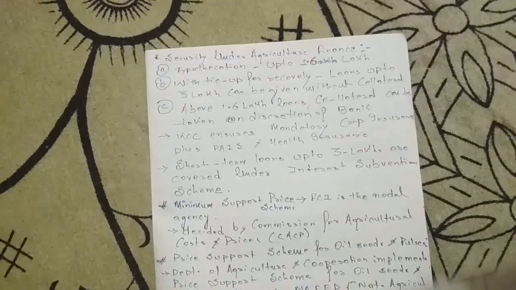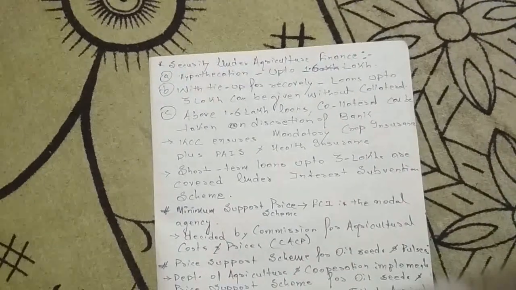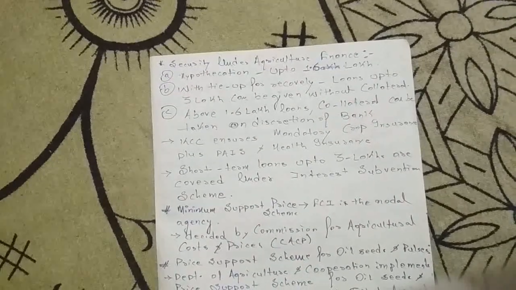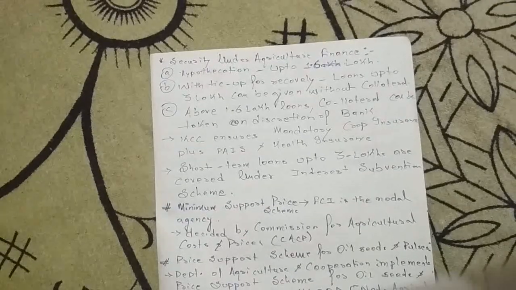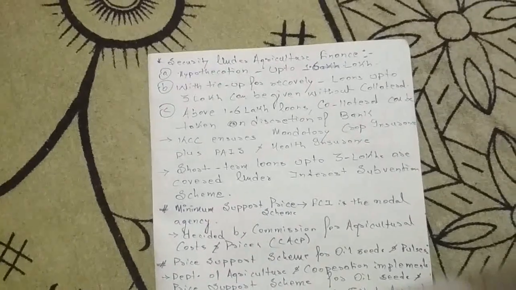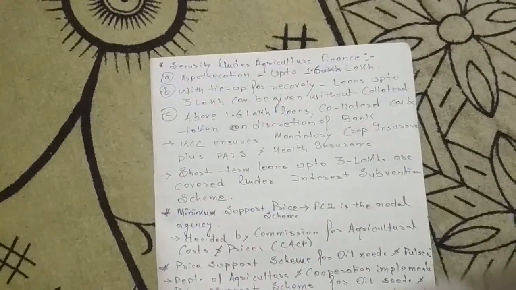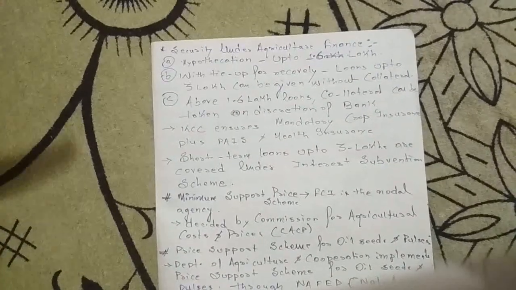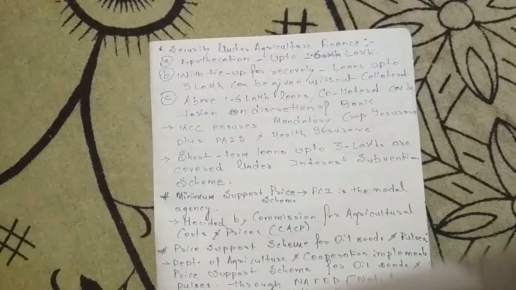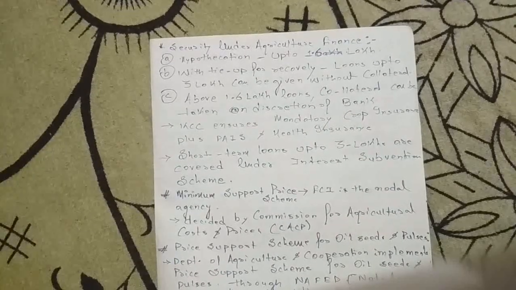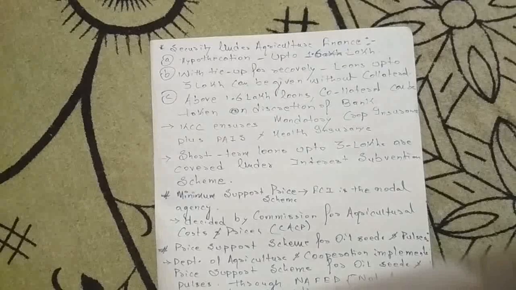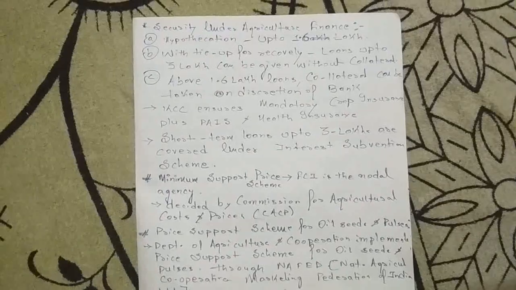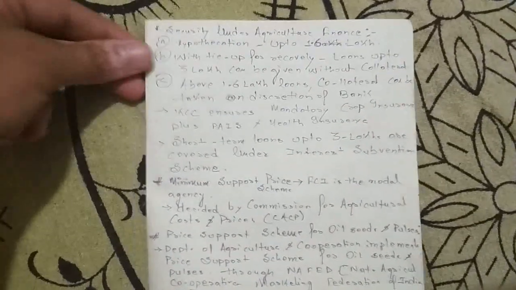Now the short term loans up to 3 lakh are covered under interest subvention schemes. It's very important. If the farmer wants an interest subvention of 7% on any loan, then the loan must be up to 3 lakh of rupees. And in this interest subvention there is also an additional interest subvention if the farmer pays the loan at the correct time and is very prompt as far as repayment of the loans is concerned. Then another 3% subvention is given, and exactly 4% is charged for those